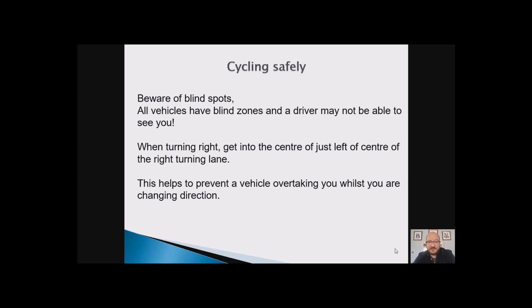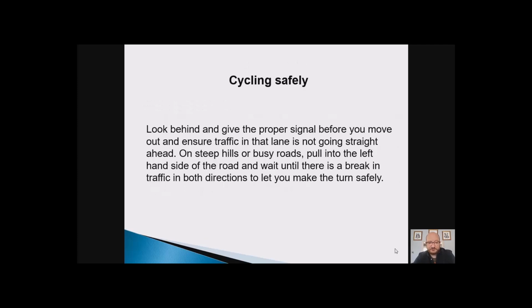All vehicles have blind zones and a driver may not be able to see you. When turning right, get into the centre or just left of the centre of the right turning lane. This helps to prevent a vehicle overtaking you whilst you are changing direction. Look behind and give the proper signal before you move out and ensure traffic in the lane is not going